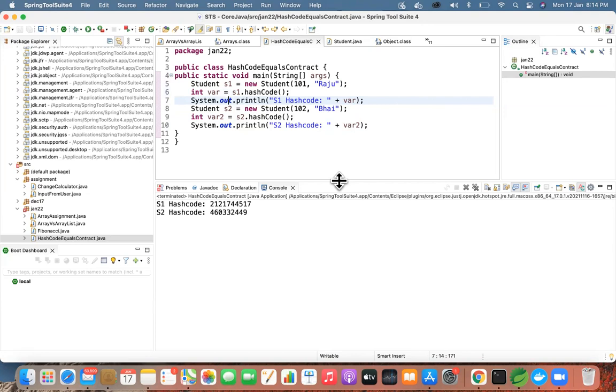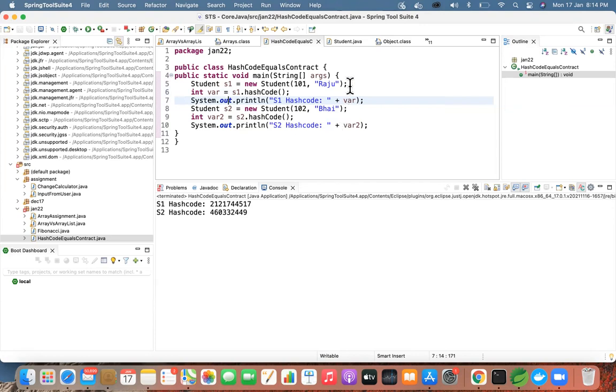But for example, if we need to override that, what happens if I override the hash code method? If you want to use your own logic for hash code, I don't want something which is too high, like a 10 digit number. I just want something very relevant, so that I can understand the hash code value. So I want to override that method. How can you override that method?